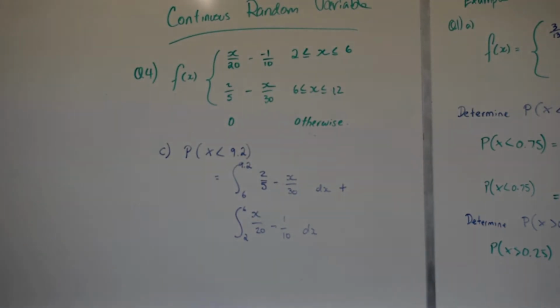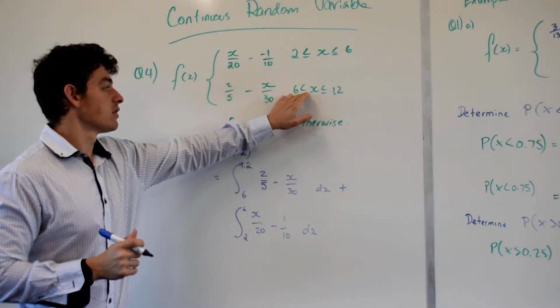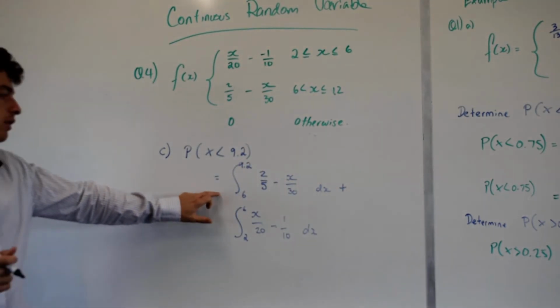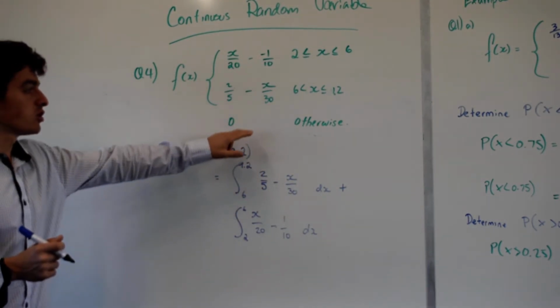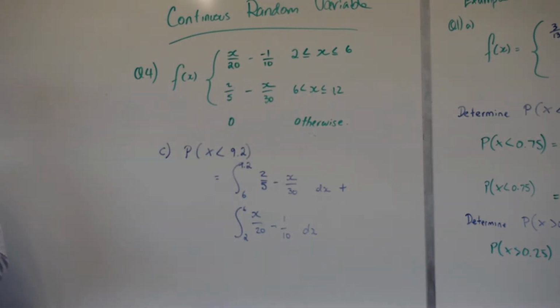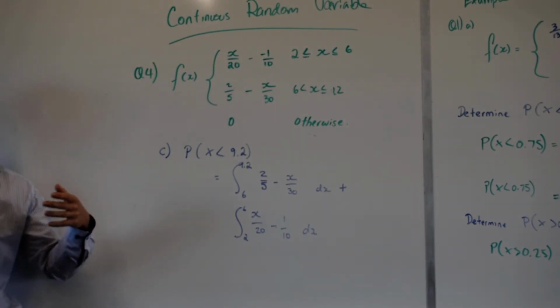Cool? So dealing with values that go across multiple domains, we need to cut that off. Why can I include 6 in both? Because this one's not including 6, but why can I include 6 in my integration? What type of data are we dealing with here? Continuous. So it really doesn't matter if I'm going